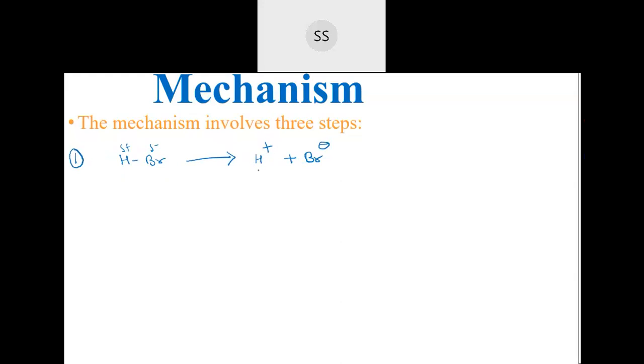Now here, between H plus and Br minus, which is smaller in size? If you know their atomic number, then you will be able to tell which is smaller and which is larger. Yes, H is smaller, correct? Because H is a smaller atom. In the periodic table hydrogen comes in the first position, and it has only one shell. That means size wise it is smaller. So this will move faster during the reaction.